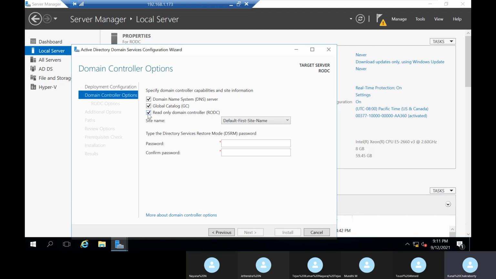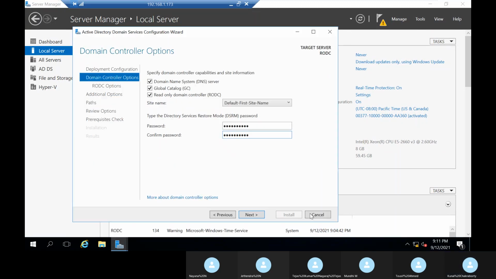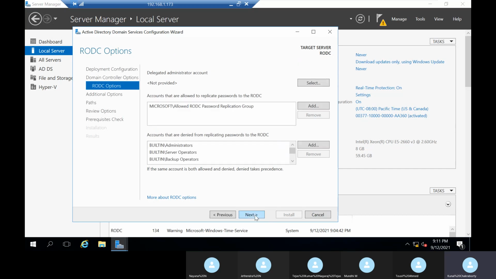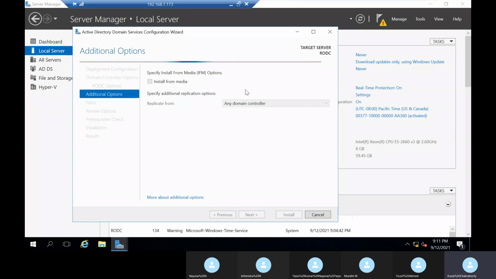Click on that. Site name, default site name, no problem, no need to change. Then do what? As it is, what you have done before. And how you have configured, you just go forward. Next, no need to do anything.